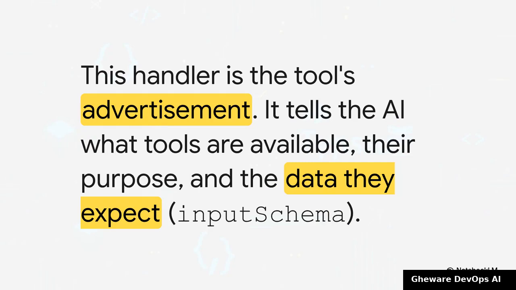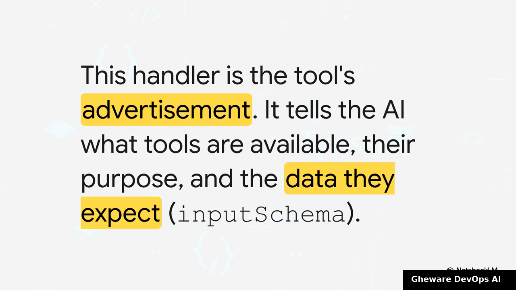Through this piece of code, a handler for tools/list. This is basically a menu. We're telling the AI, hey, I've got this tool called create_greeting. We give it a nice description so it knows what it's for, and then, this is critical, we provide an input schema. The schema is the instruction manual. It tells the AI exactly what information it needs to send us, like a name and a style, to use